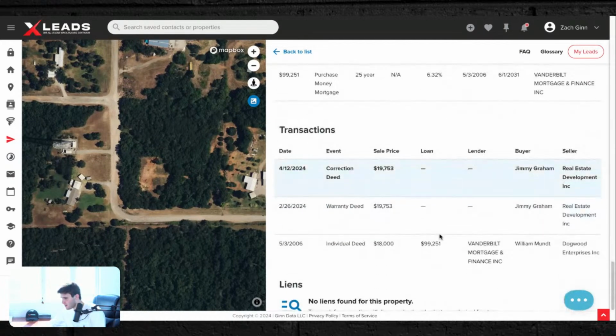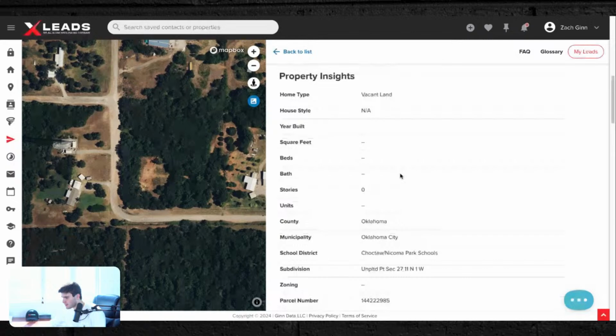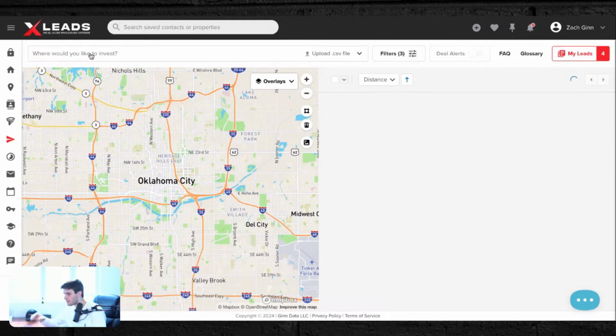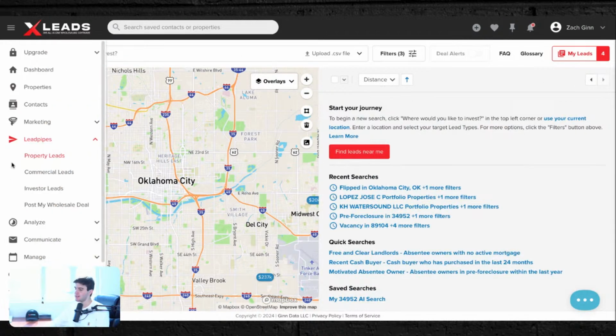is by, okay, it's just a correction deed. So it's still being developed right now. So maybe it's on the market. That's why it has it here. Let's go Google the result on this. It's zoned for 3-1, so they're still developing that one. It works pretty well. Now, if I just want to make it a little easier, I'm going to go here